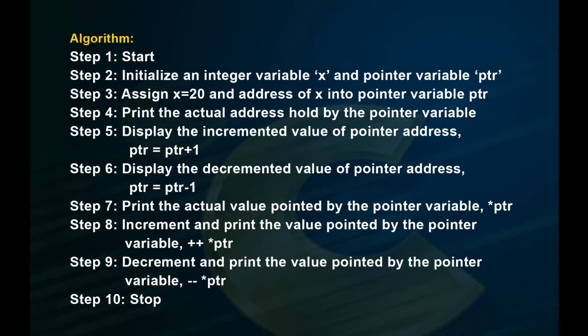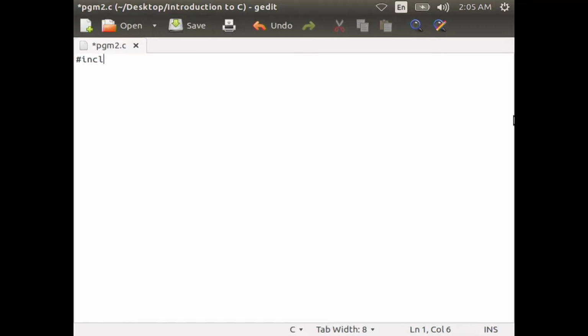Step 6, display the decremented value of pointer address, ptr = ptr - 1. Step 7, print the actual value pointed by the pointer variable, *ptr. Step 8, increment and print the value pointed by the pointer variable using ++*ptr. Step 9, decrement and print the value pointed by the pointer variable using --*ptr. Step 10, stop. Let us now type this program, #include